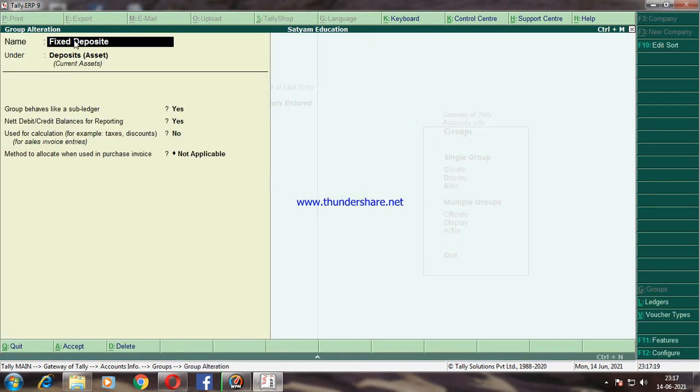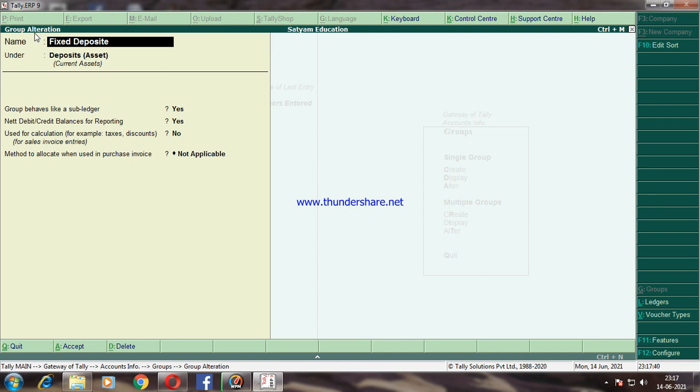The group alteration screen is displayed. Here in this I did not create any ledgers, so it is easily available for you to delete, but the main group cannot be deleted. The subgroups we have created may be deleted.